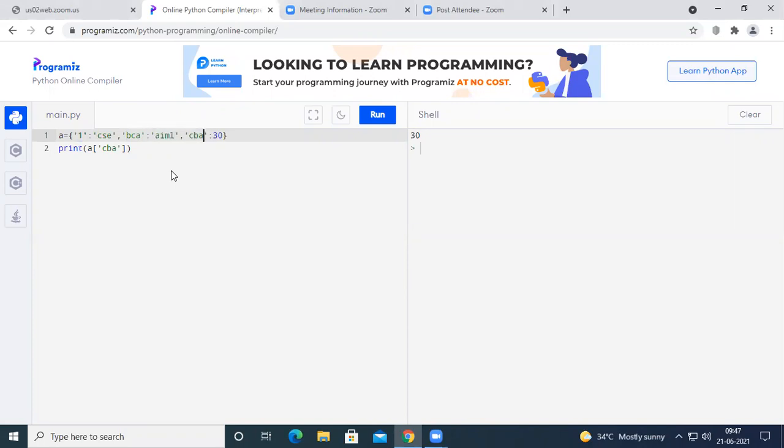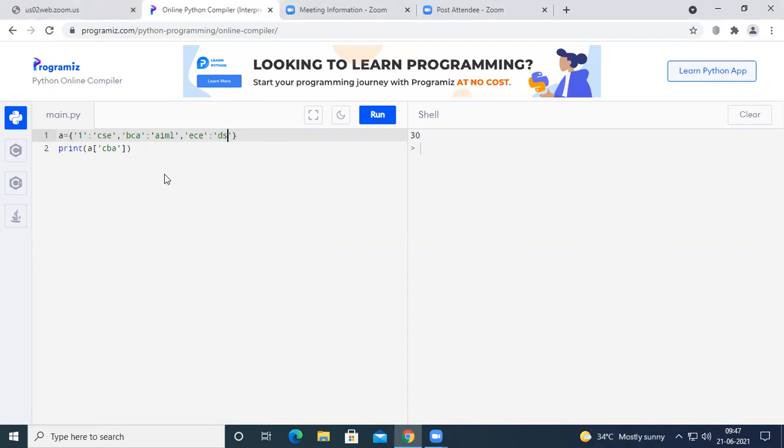For example, one CSC, and BCA is the key, AIML is the value. And let us consider ECE is the key and DS is the value.